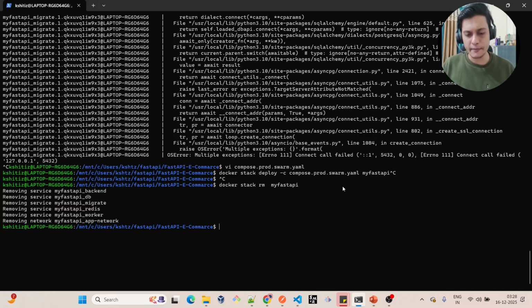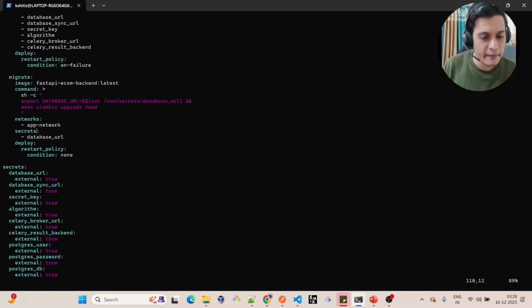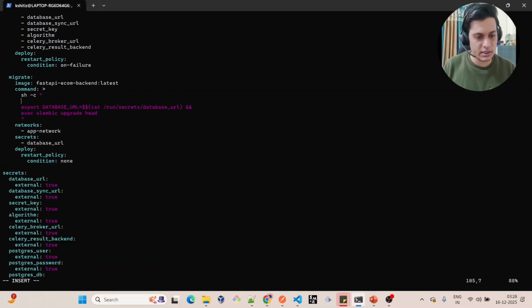Let's do one more thing to make it more robust. So in place of this command, I will try to wait for Postgres to be in a ready state. Then I will do the Alembic upgrade head. So how am I going to do this? For now, what I will do